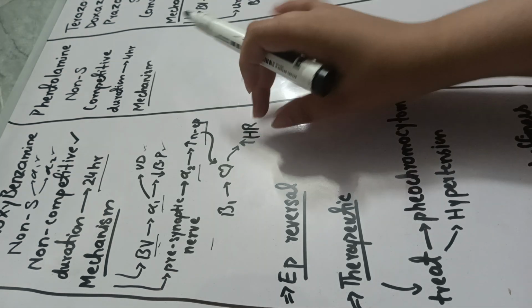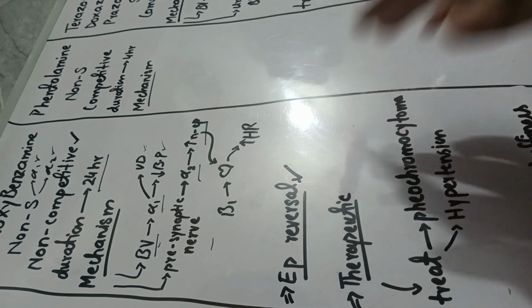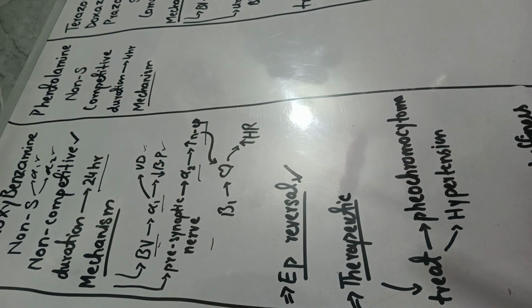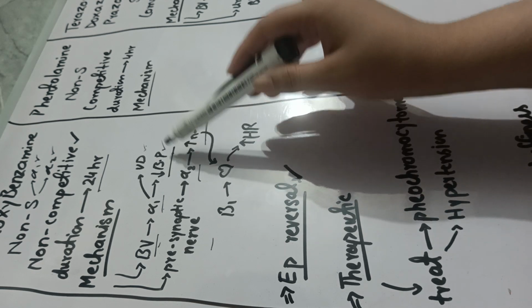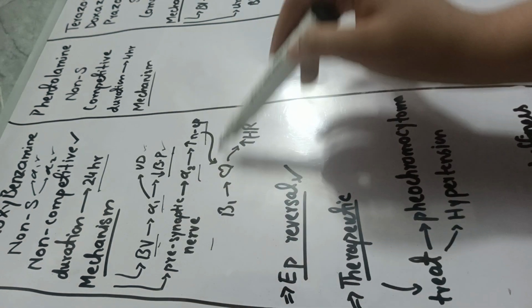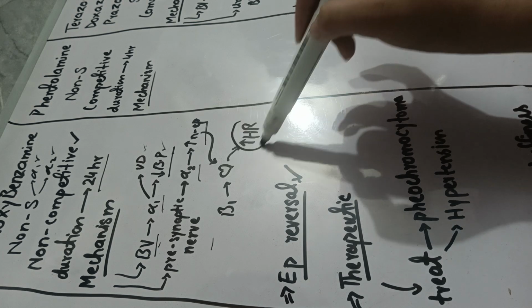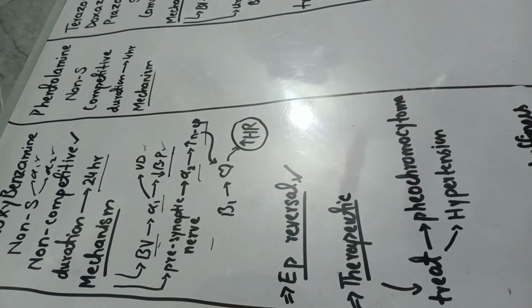Now this process is called the epinephrine reversal process. So indirectly you have achieved the goal of decreasing blood pressure, but due to this process your heart rate, as a result, increases. So this process is called as